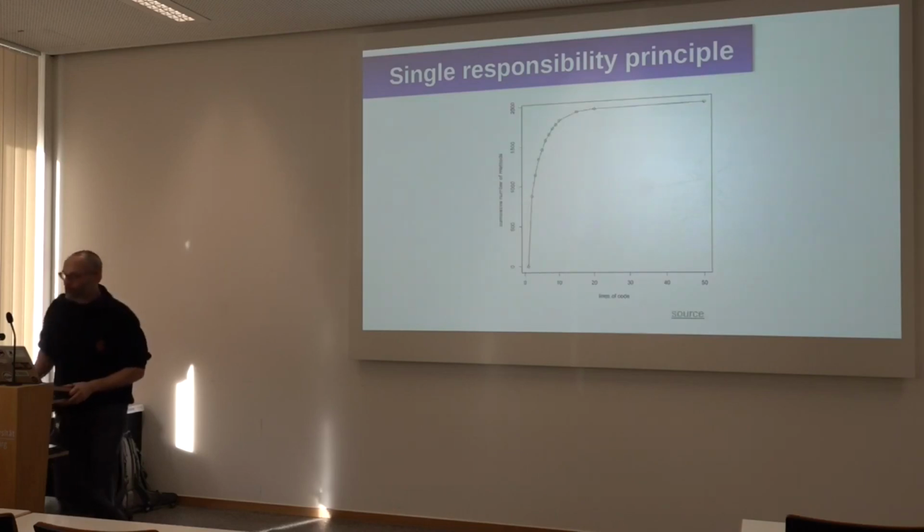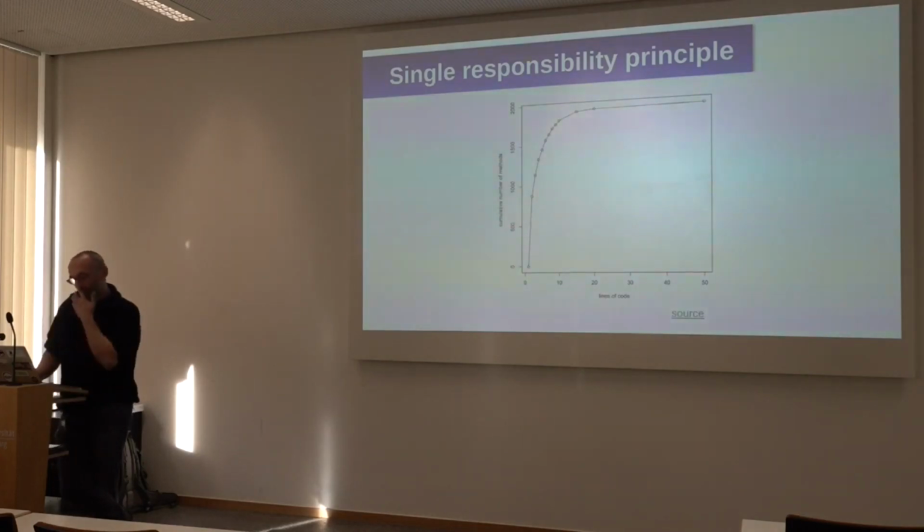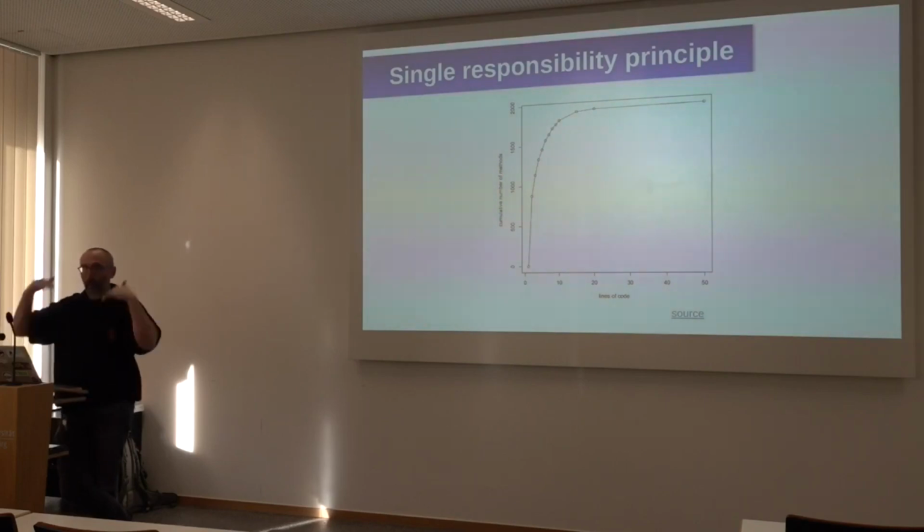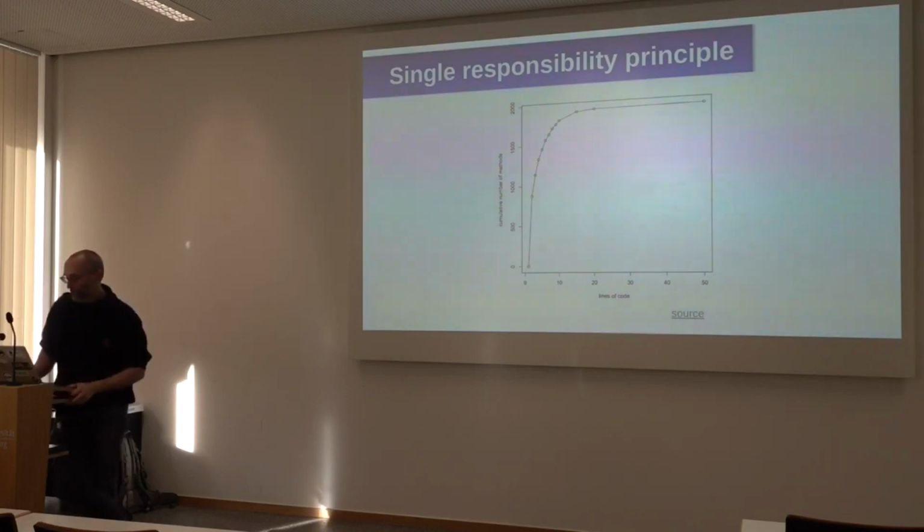So, more seriously, actually, this comes from Martin Fowler, who literally wrote a book called Refactoring, and he's got a whole catalog of refactorings that you can use on your code, like a recipe book pretty much. And that comes from his blog post where he showed how many lines of code are in the different functions he has, the cumulative number of functions or methods in this case, in one of his code bases.